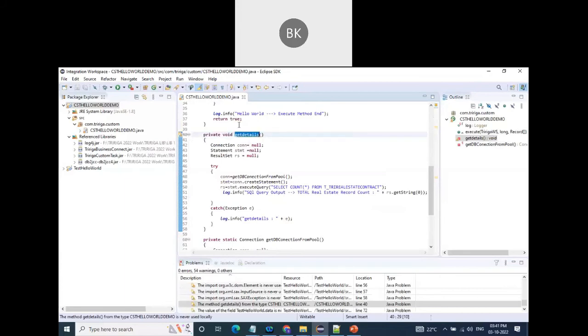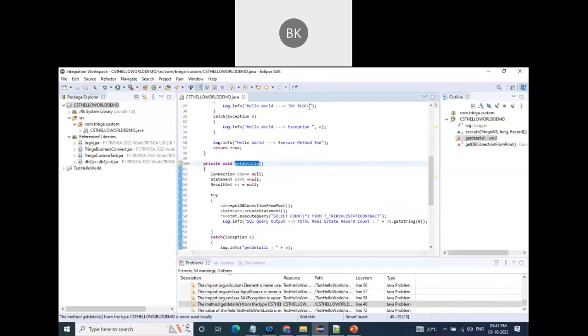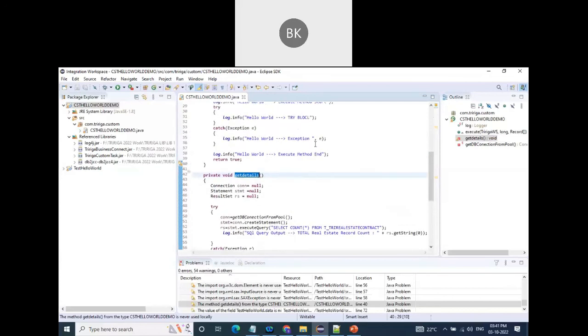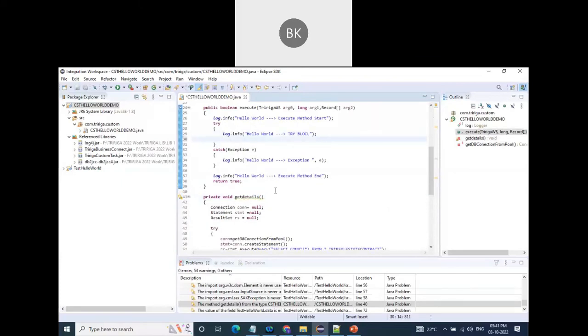If we imported this Java class and executed it, we'll get only this output: Hello world try block, hello world method end, hello world start. But I want to execute this method. So how can I execute this method? To execute this, you can call get details. That's it. And then you just type